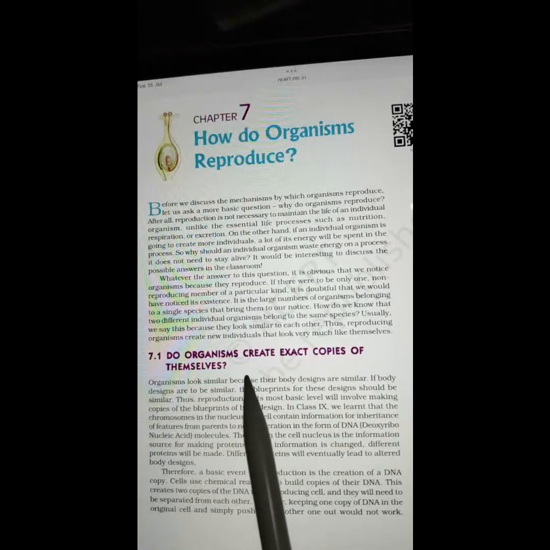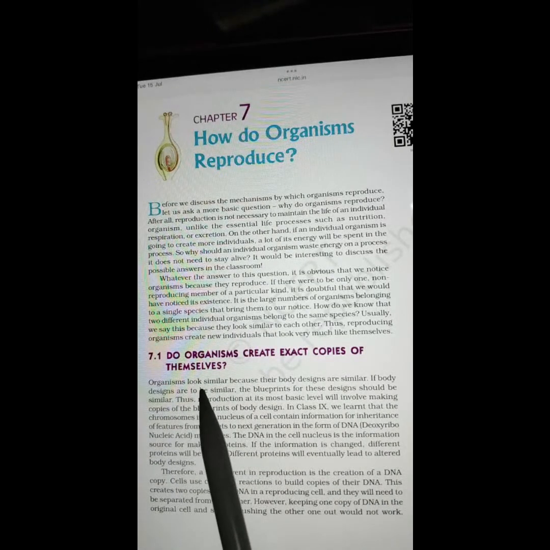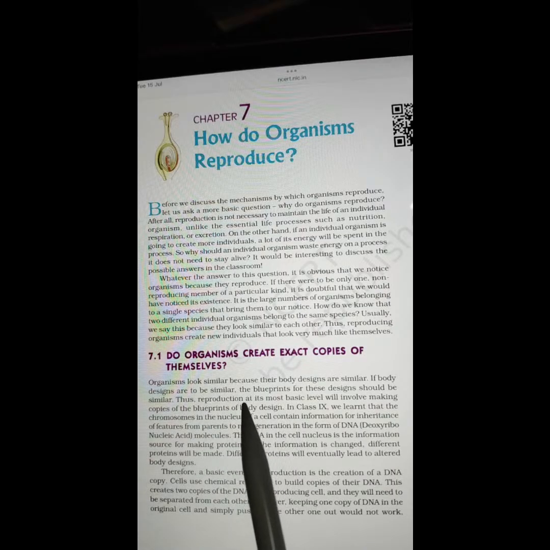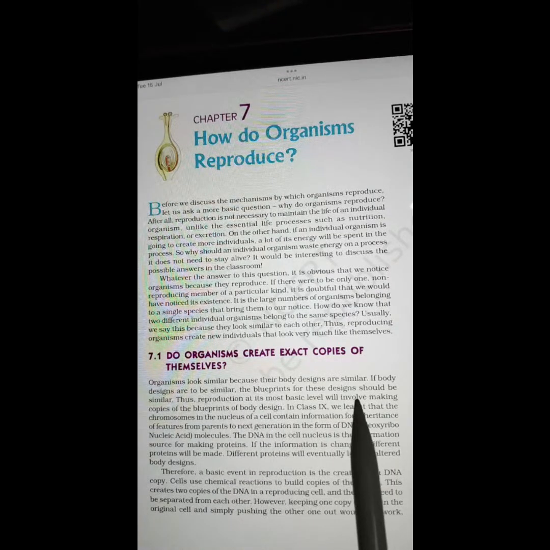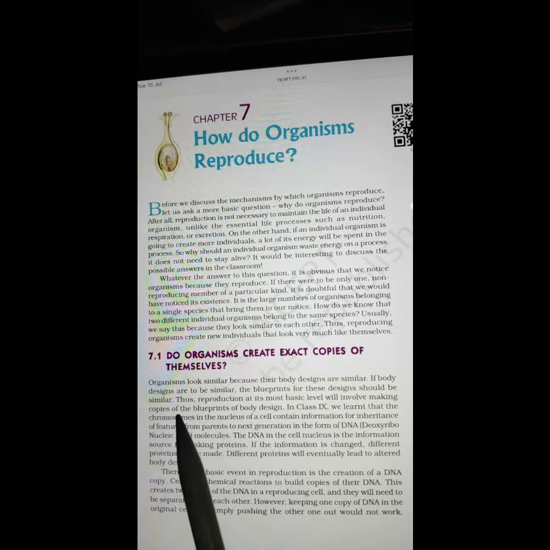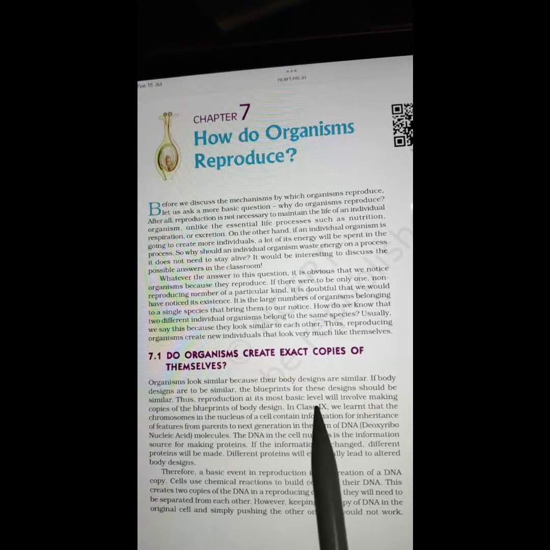7.1. Do organisms create exact copies of themselves? Organisms look similar because their body designs are similar. If body designs are to be similar, the blueprints for these designs should be similar. Thus, reproduction at its most basic level will involve making copies of the blueprints of body design. In class ninth, we learned that the chromosomes in the nucleus of a cell contain information for inheritance of features from parents to next generation in the form of DNA,